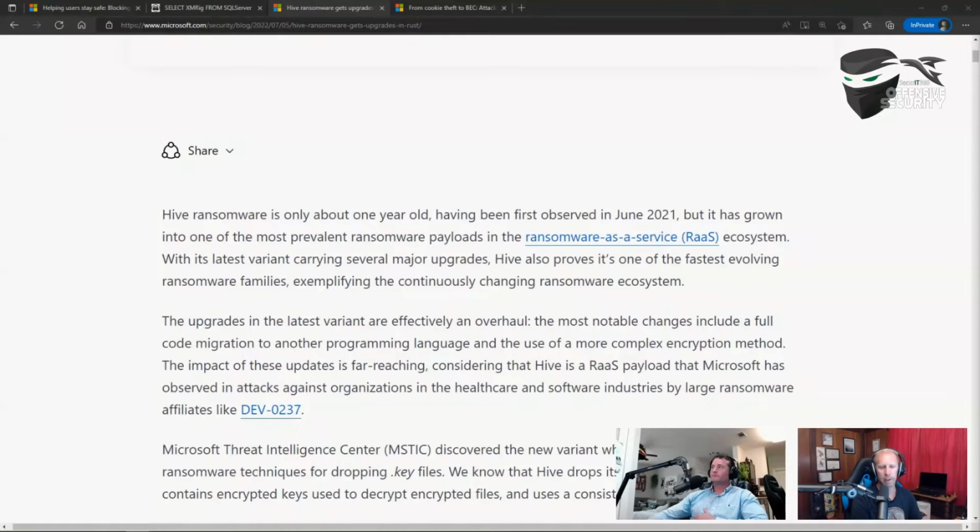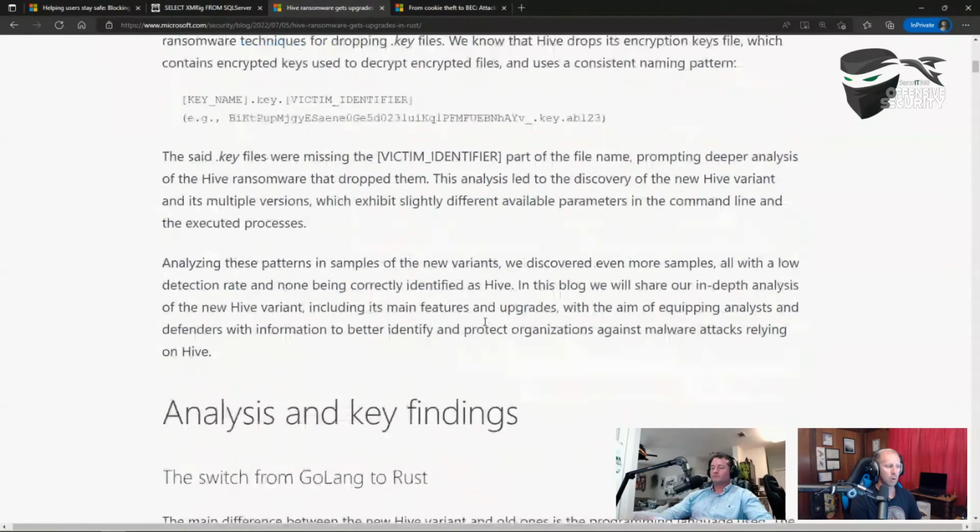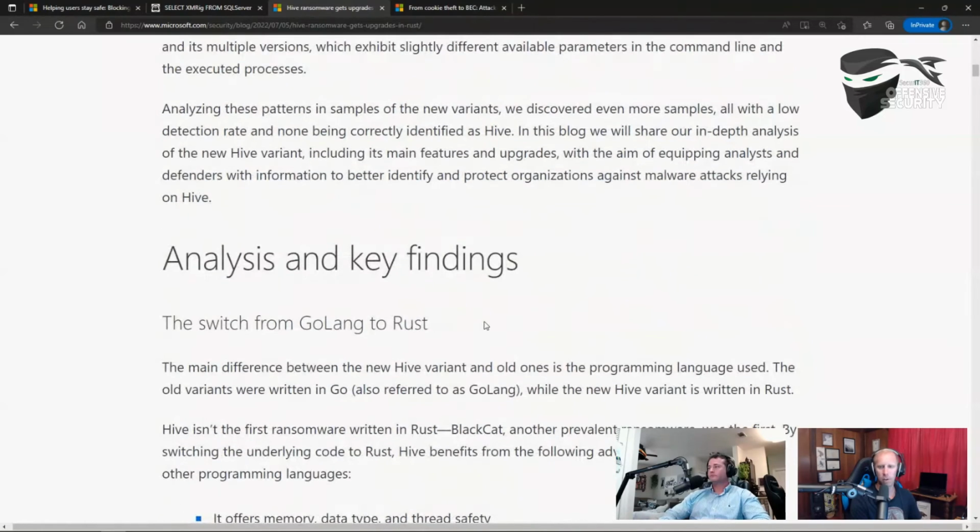The features that they're implementing are going to be less signatured than other languages. And in this article, they talk about all of the key findings of this ransomware and how they've got improved encryption, a new ransomware note, and a whole bunch of stuff.